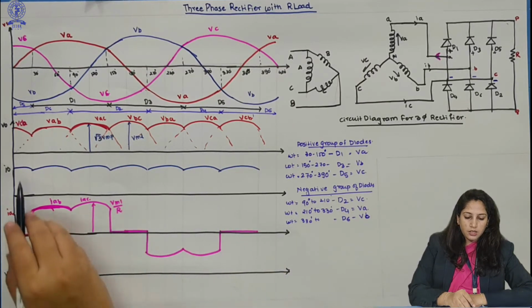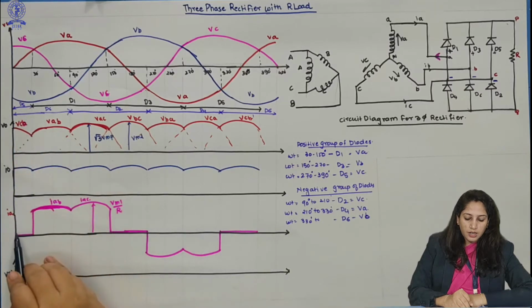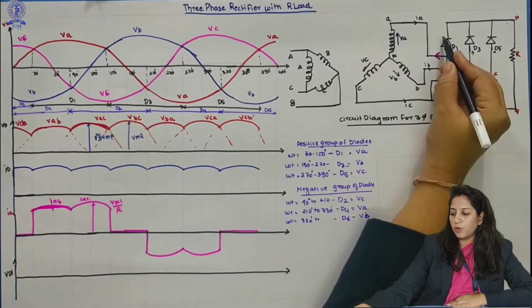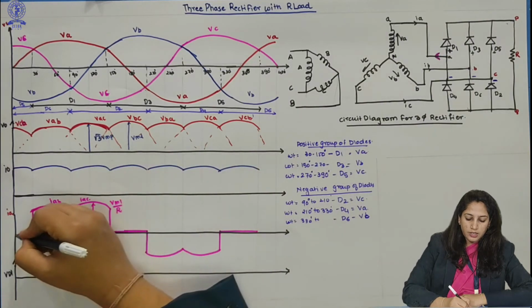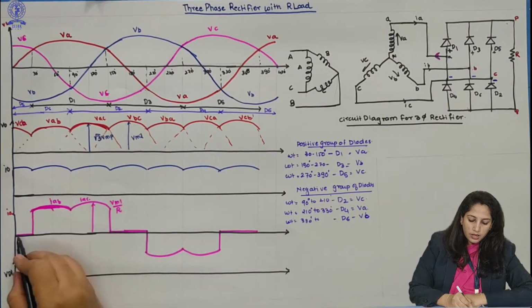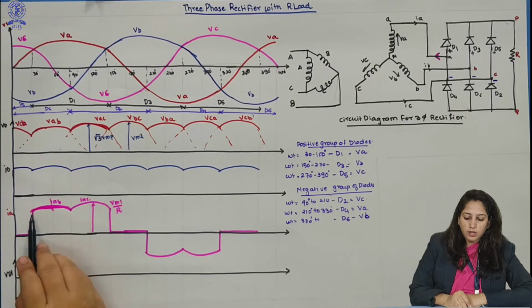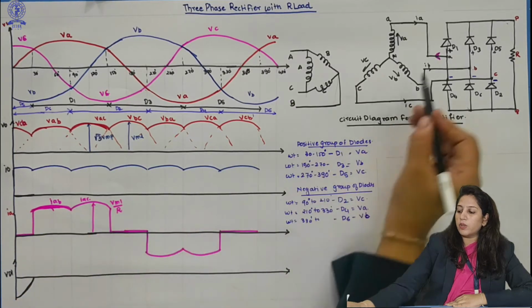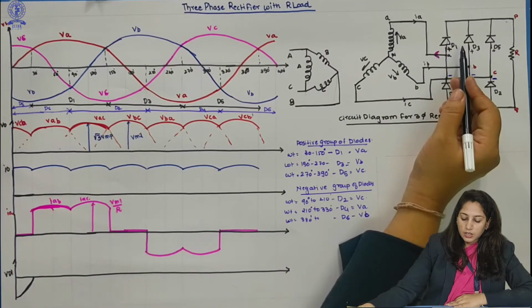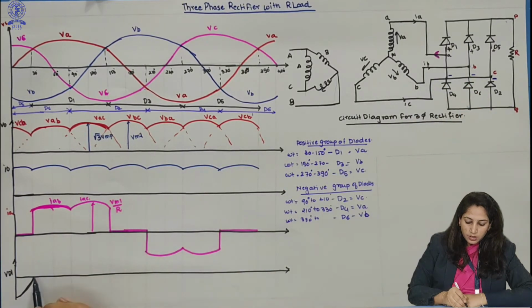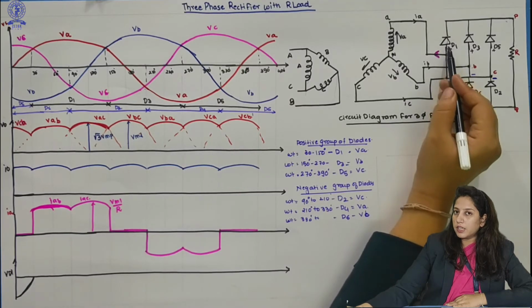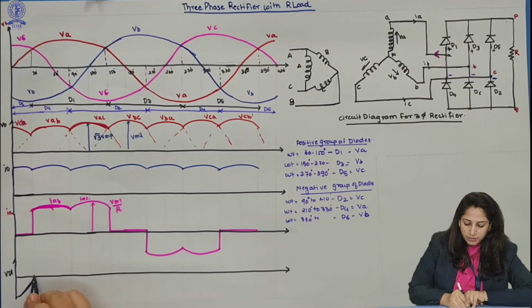So here see, D1 means current IA. Current IA is flowing through this D1, and so here the current is 0. Current is not flowing through this, and so the voltage will be negative. It will come to here. Now here, observe, IA current is flowing through this D1, so it is in a conduction state. If D1 is conducting, then it becomes 0.